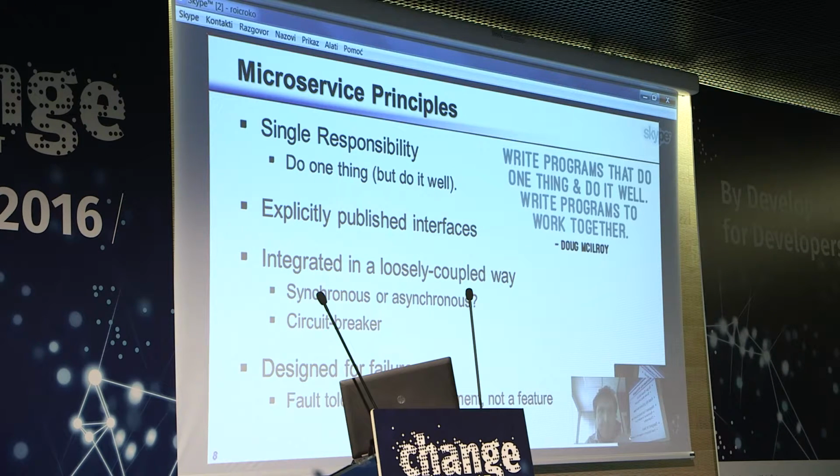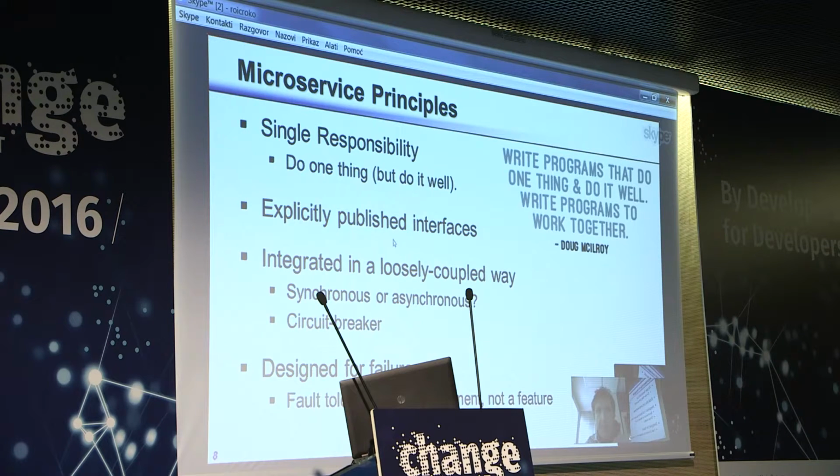And this goes in line with the sentence from Doug McIlroy, who many years ago said that we should write programs that do one thing and do it well, and that we should write programs that work together. And microservices actually are very in line with those two sentences.